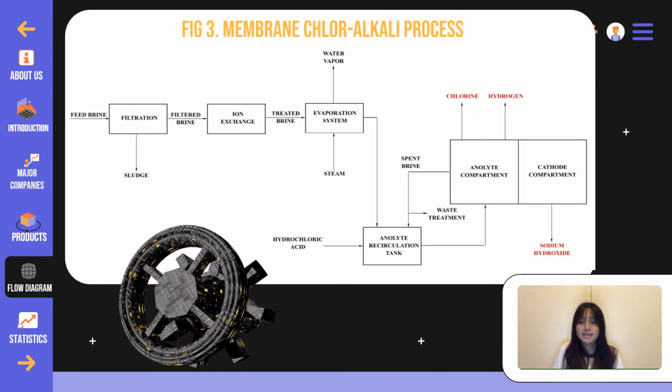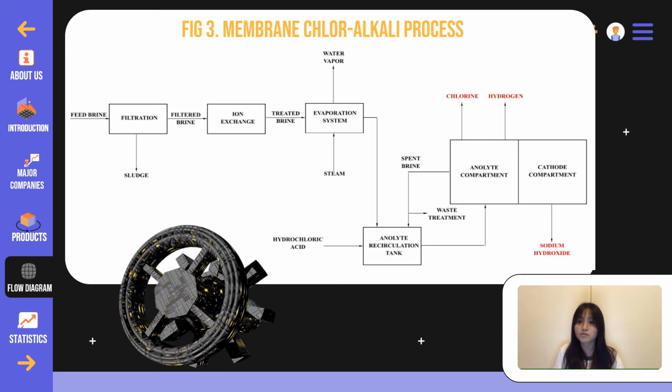Lastly is the membrane cell process. Currently, this is the best available process when we're talking about the chlor-alkali industry, since different drawbacks were seen using the previous processes. Worth mentioning is the incident of mercury poisoning in Japan in the year 1972 when they were using the mercury cell process. This chlor-alkali process relies on an ion exchange membrane to separate the sodium and chlorine ions of the